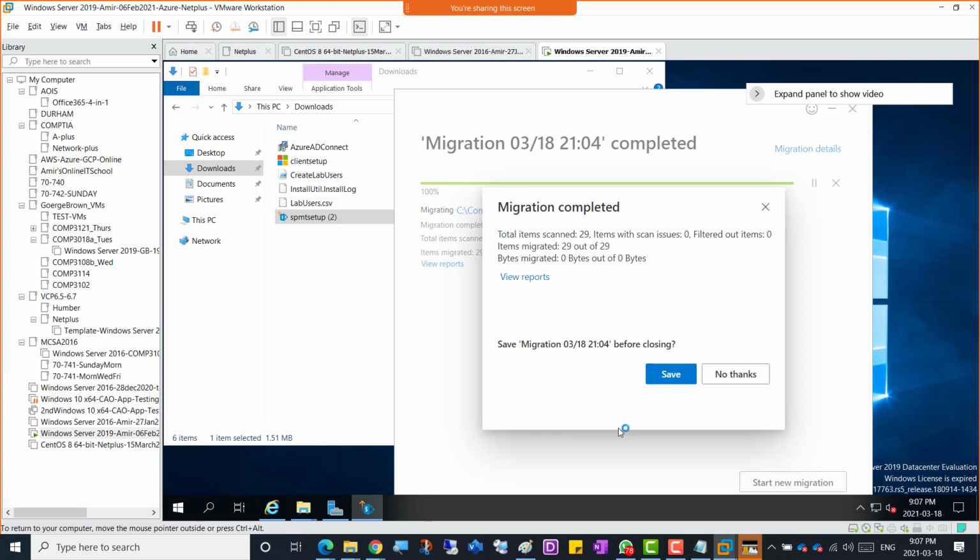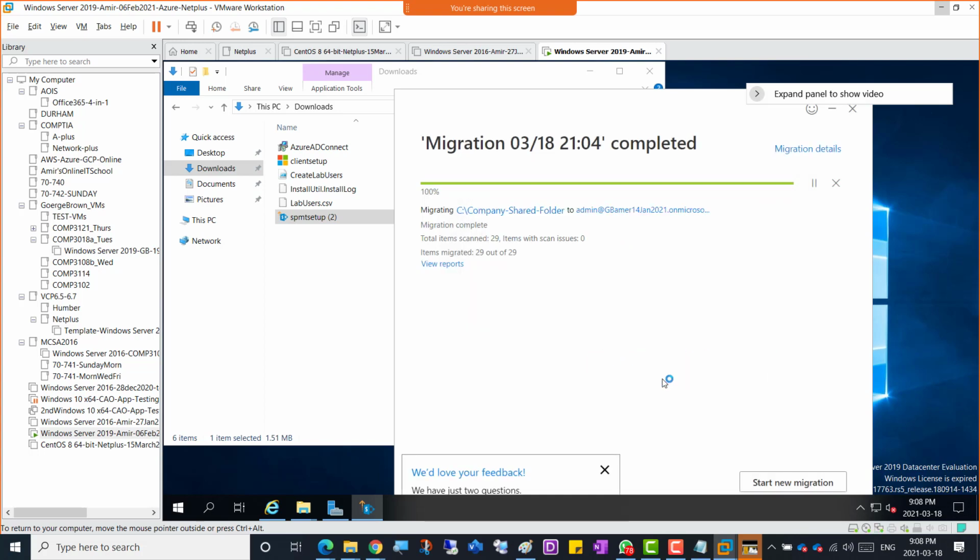You can also see the client setup here. So it is meant for small scale or client side migrations, and this is SPMT. So this is a tool for large scale migration. So save the migration before closing. Yeah, okay, save. So start new migration, and yeah, you can just start new migrations as well. So this is good, and we tested the second tool as well, SharePoint migration tool,